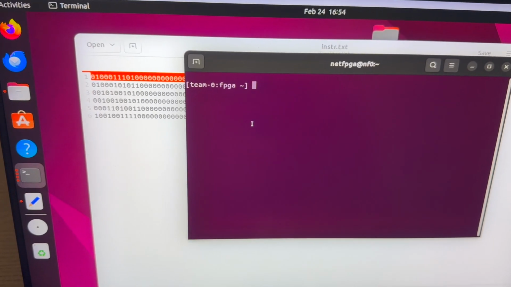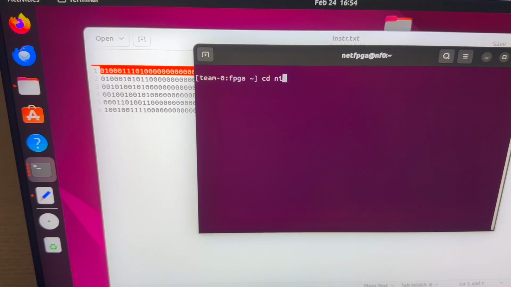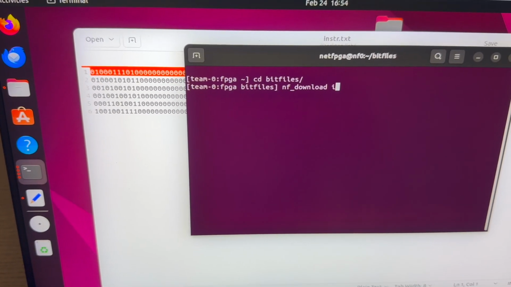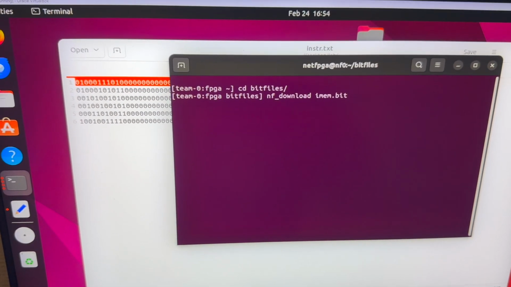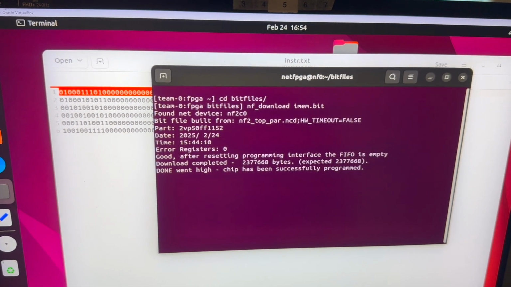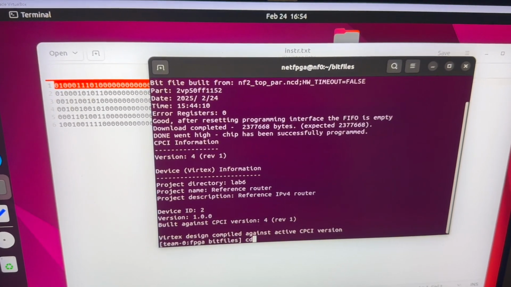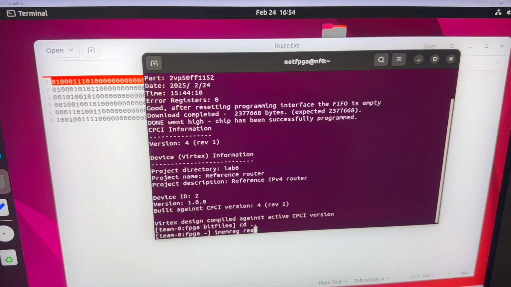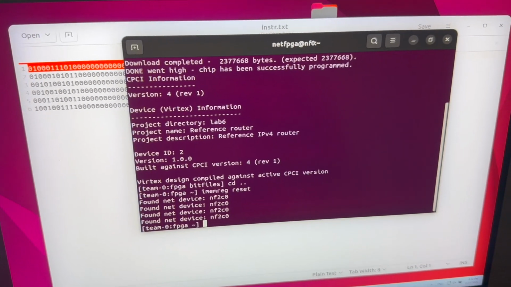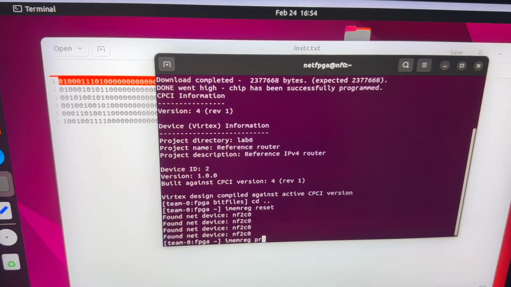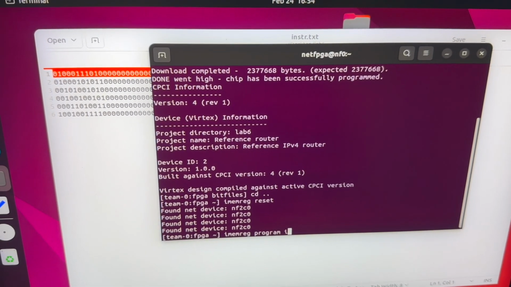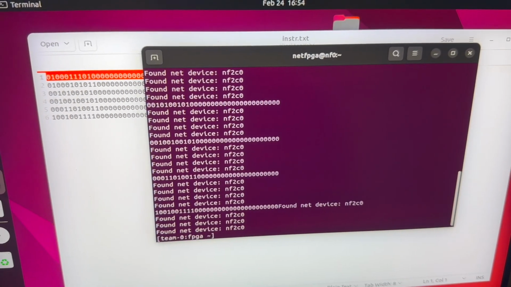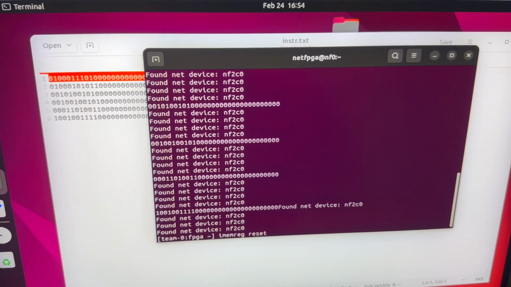And so first, let's program the FPGA, and then we do a reset, and then here we do program, and it takes whatever file that we provide, and you can see it finished writing. And then let's check if we actually